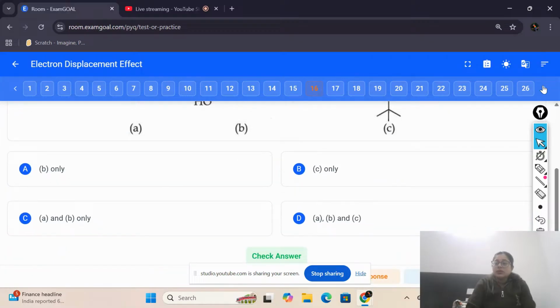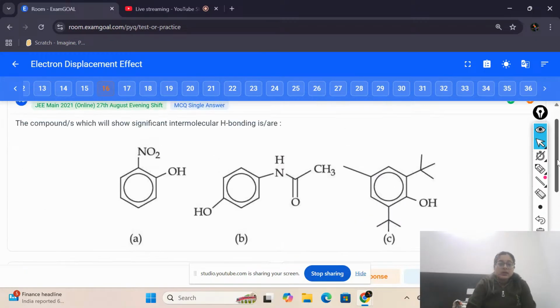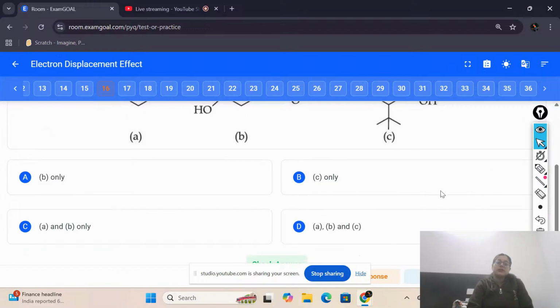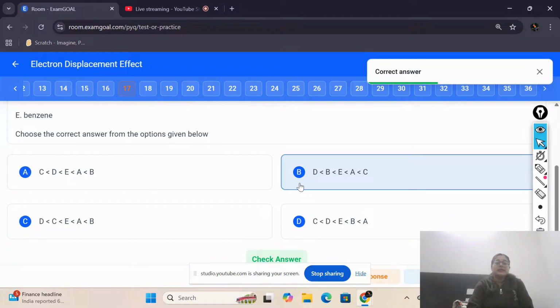So in total, we have 36 questions, and at this point we are on the 16th question. The compound which shows significant intermolecular hydrogen bonding. So this shows intramolecular hydrogen bonding. This shows intermolecular hydrogen bonding. This does not show hydrogen bonding because of the steric hindrance factor. So only B will show the hydrogen bonding. So B will be the correct answer. Yes, it is absolutely correct. Coming to the next,